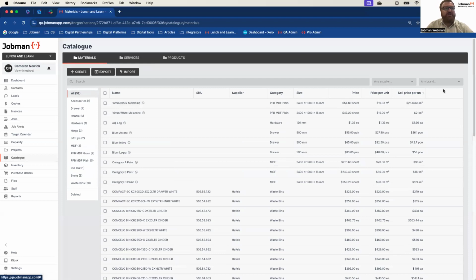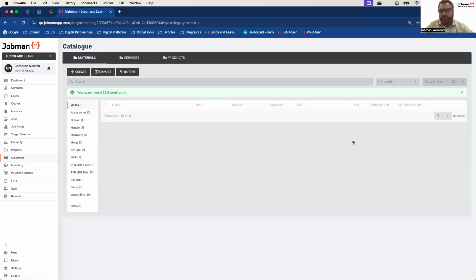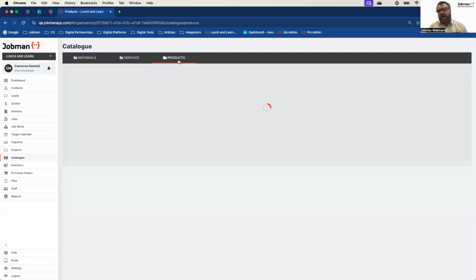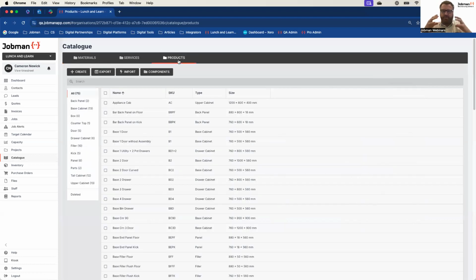What I want to focus on today is the true superpower of the software, and that is products and presets. Now, products for reference are an inclusion of parts which measure to style items, labor, operations, and services. So it's a culmination. It does not have to be all. It can be some, but the idea is that I can build one product and use it over and over and over again in quoting.